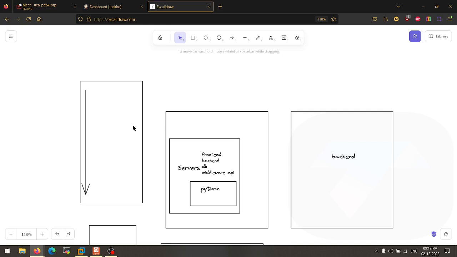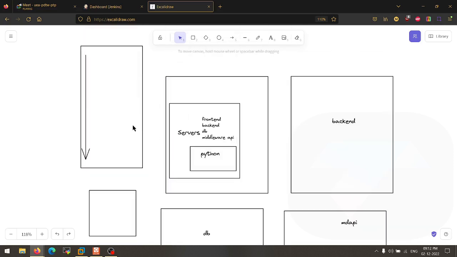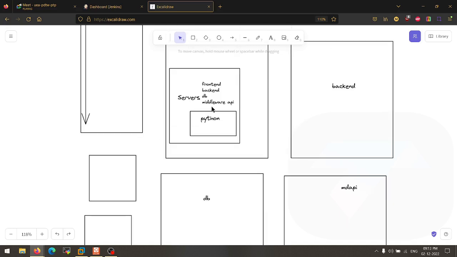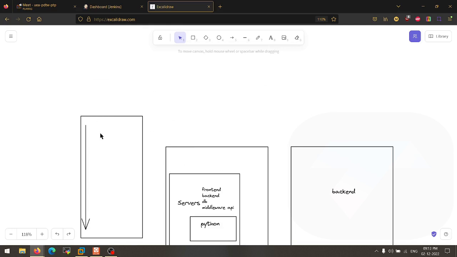From the developer side, everything depends on the code base, right? How to write the code in a single file or single component or in multiple components. From the DevOps side, this application should be deployed onto multiple servers. Every component should be deployed onto a different server, so that they cannot impact any other component, right? So this is the major difference between monolithic and microservice architecture. You guys got the concept?